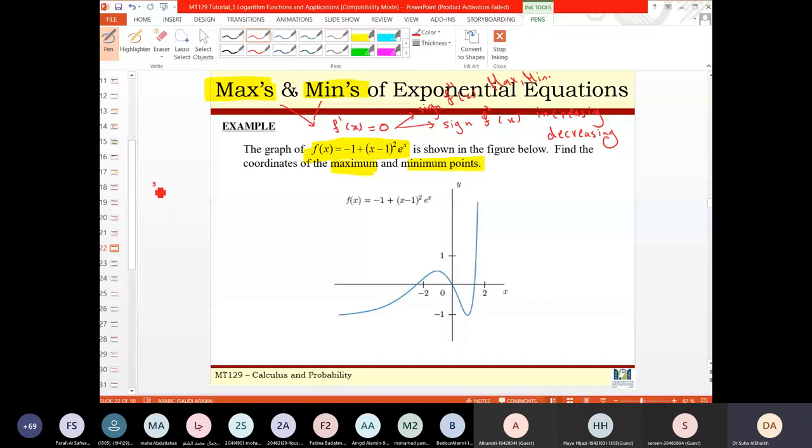So this is my function is f of x equal to -1 plus x minus 1 square multiply with exponential x. Find the derivative of this function. Now f dash x, what's the derivative of -1? 0. Now what's the derivative of the second part? What do you think? هذه ايش؟